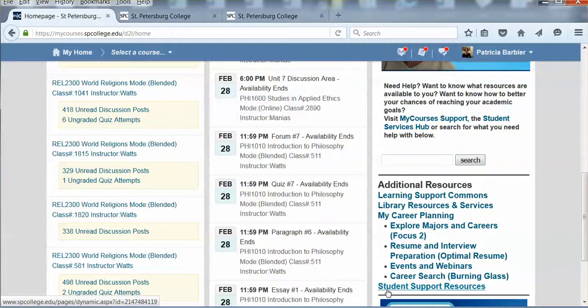Hello, this is Pat Barbier, and this is a tutorial to help you in finding peer-reviewed journal articles for Dr. Lara's Oceanography assignment. Now, the first thing to do to get into the Library Online resources, which have a lot